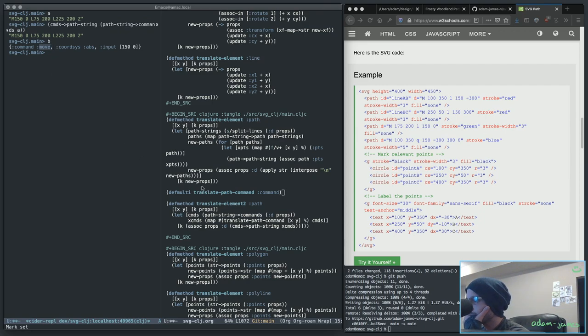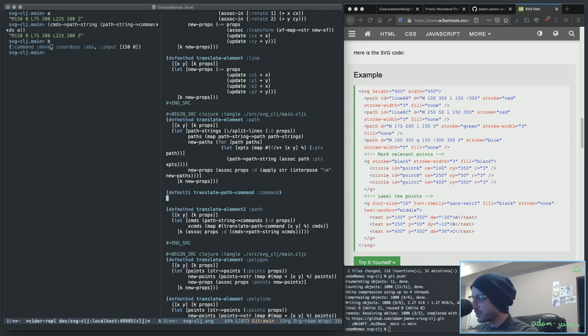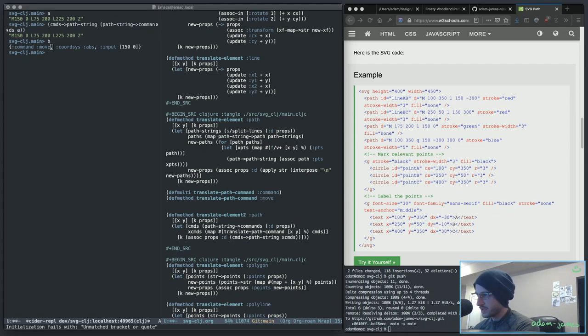So using that, I should be able to build out def method translate path command for various command types, and we'll start with move. So translate is a nice one to start with because it's really straightforward. Whether or not the command is absolute or relative actually doesn't matter in the case of translate, because if I translate